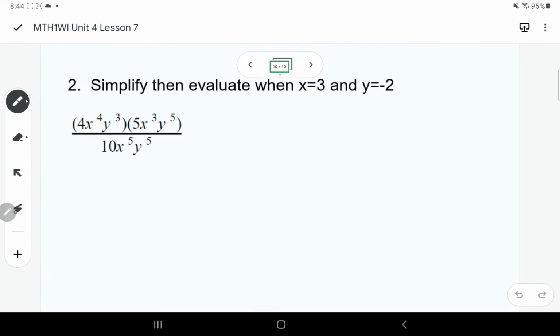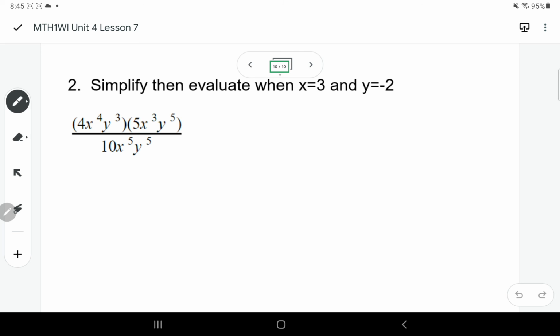And the last example for this one. This is a bigger, kind of more complicated one, and then it also wants us to simplify, then evaluate. So it tells us actual numbers to put in, but we're not going to sub in that x equals 3, y equals -2 right now because we've got so many x's and y's and it's such a mess. If we simplify it as much as we can, it'll be much easier to substitute. So we're going to multiply on top just like we did in the previous questions. Then we'll divide top to bottom. So when I'm multiplying here,